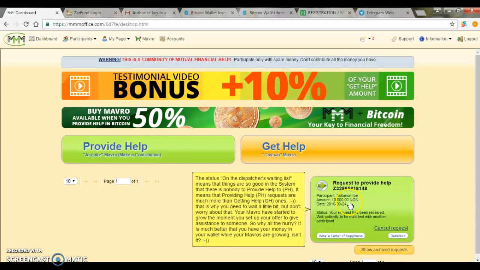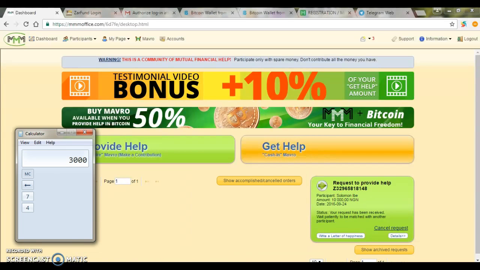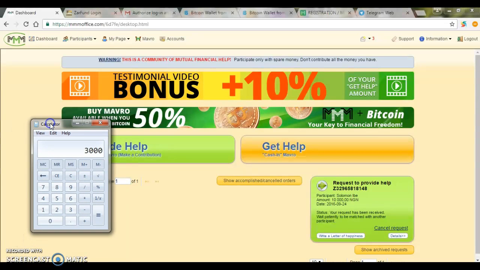Now, how do you know that your Bitcoin is worth 10,000 naira? Bitcoin, they usually calculate in dollars. Now, let's say if you want to know 10,000 naira worth of Bitcoin, the price for Bitcoin fluctuates. The price for Bitcoin fluctuates. That's why I say Bitcoin is very good, because now you can buy Bitcoin for, as of today, Bitcoin is selling for